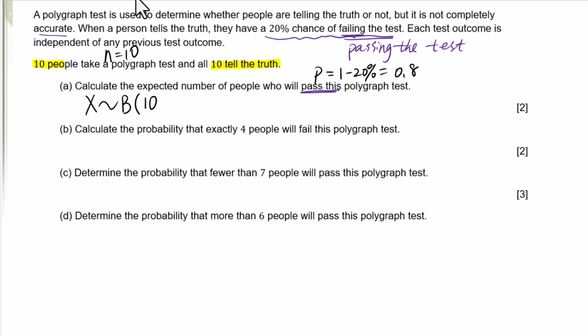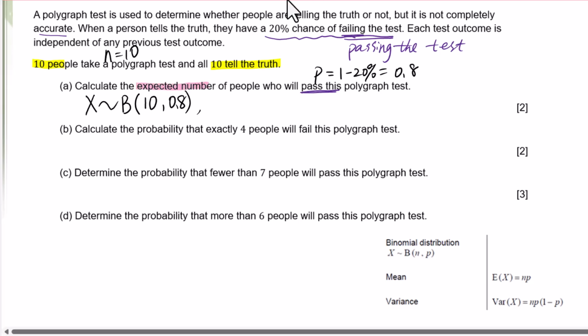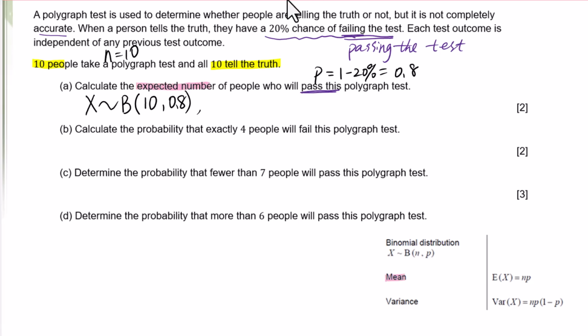X follows a binomial distribution with 10 and 0.8 as the probability of the desired outcome. The expected number means the mean,